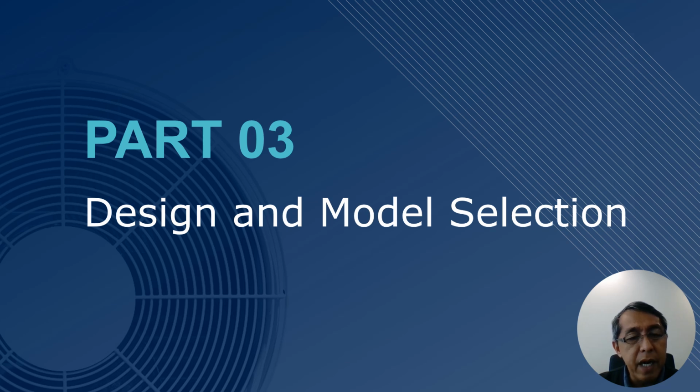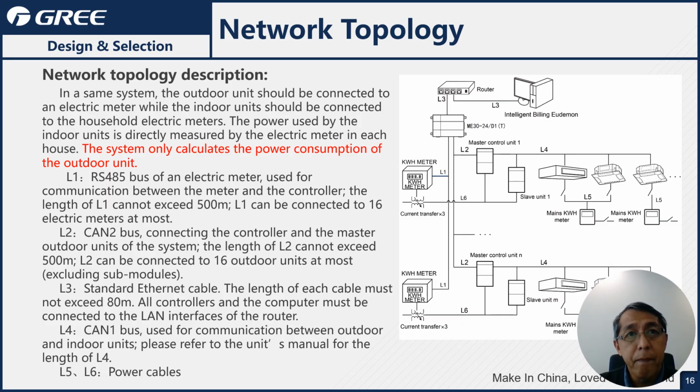Part 3, design and model selection. Network topology, let's discuss it. Network topology's description: in the same system, the outdoor unit should be connected to an electric meter while the indoor unit should be connected to the household